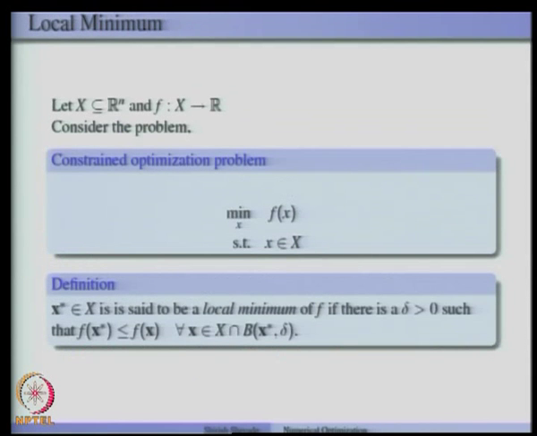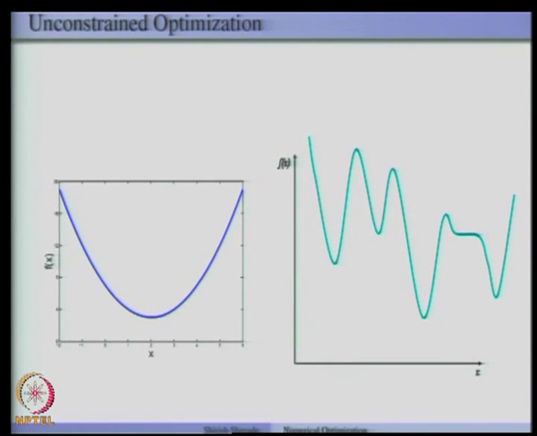So, if you look at this point in the neighborhood, you will see that the value of the function is less than or equal to all the points. So, if you take a small neighborhood, remember that delta in the definition of local minimum can be very small. So, if you take a small neighborhood around this point and find out the function values at all the points,